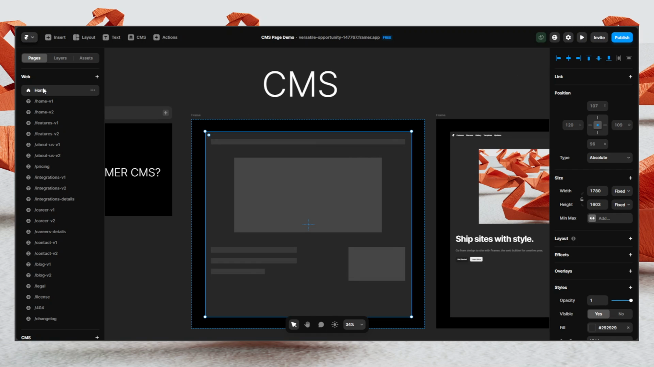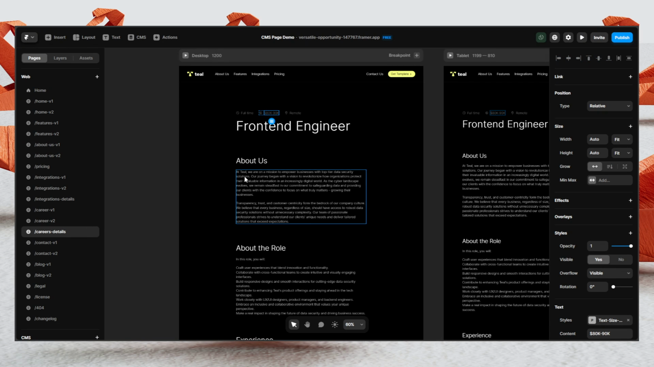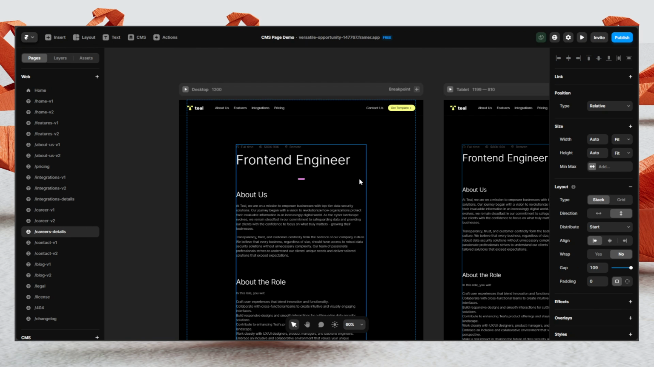But if there are scenarios where I want to have lots of content on a page, it could be images, could be just text, a blog, for example, a case study page, a career page, a job detail page, those sort of things. Then it's wiser for me to build it as a CMS. Let me give you an example. So if I have this career details page,